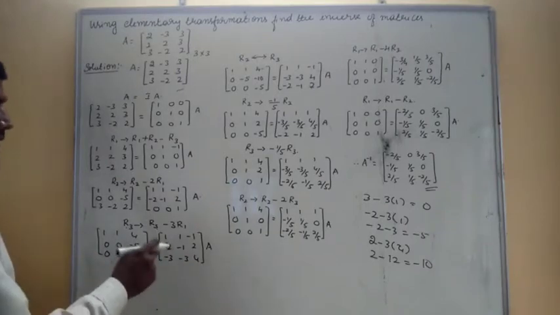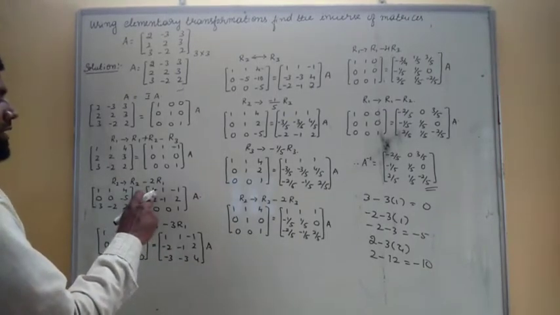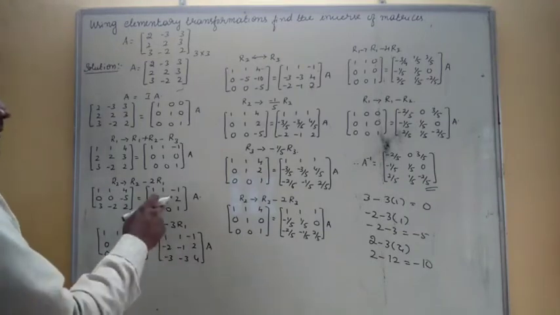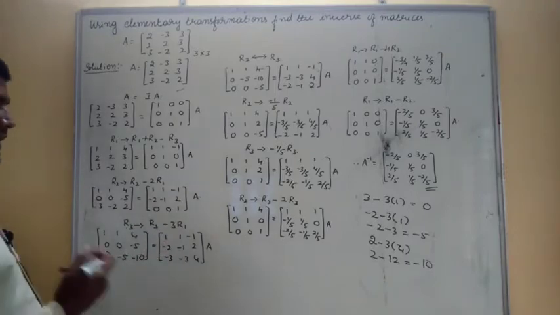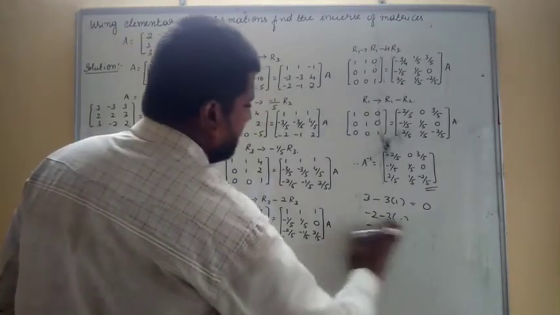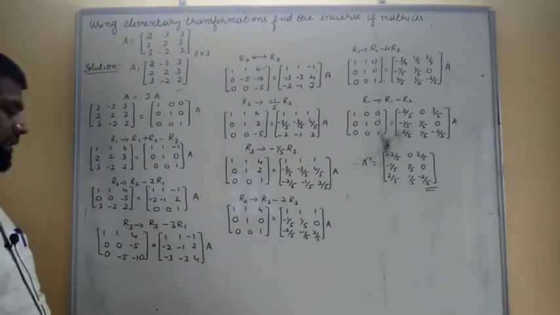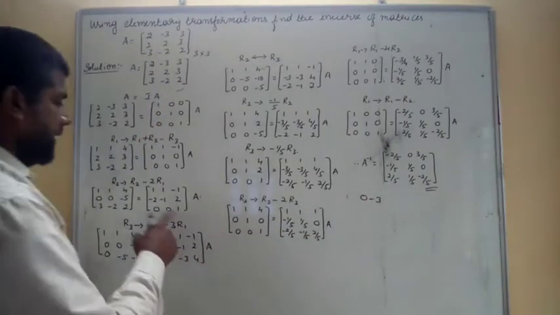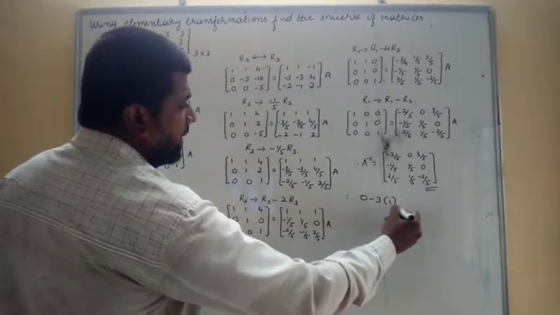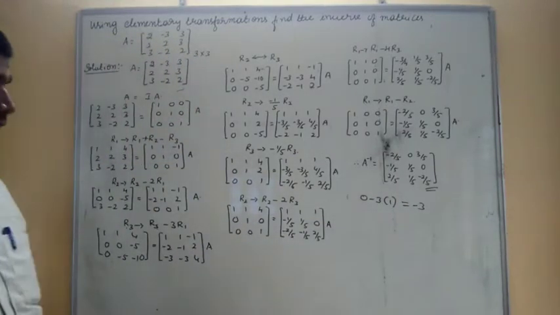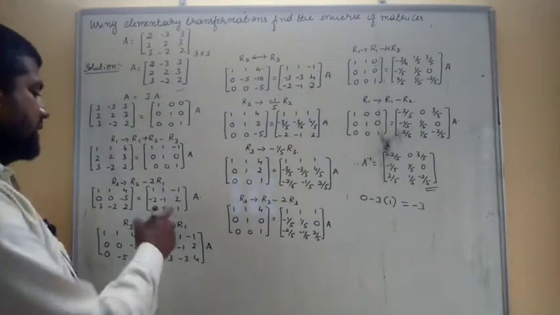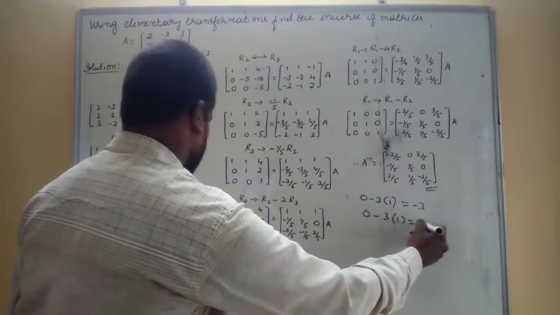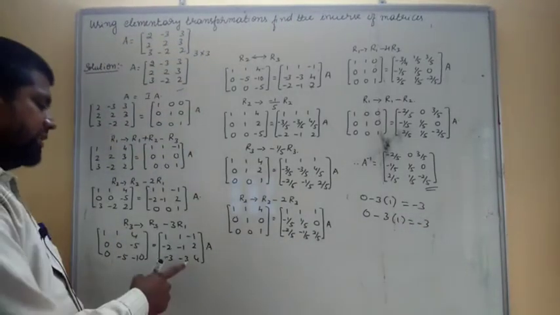Let us go for the right side. In the right side, the first row you should write same, 1 1 minus 1. The second row minus 2 minus 1, then 2. Then we have to change the third row. So here let us change the third row. So third row first element is 0. 0 minus 3 into R1 is 1. Then we are getting minus 3 here. So let us go for the next one. Next element 0 here. Here 0 minus 3 into 1, that is equal to minus 3. Again you got the second element as a minus 3.